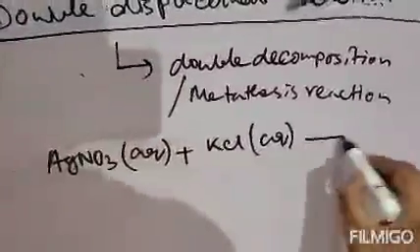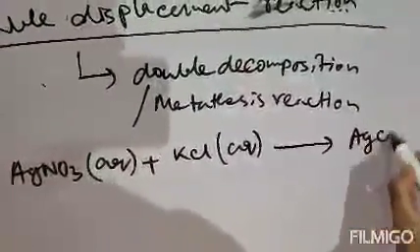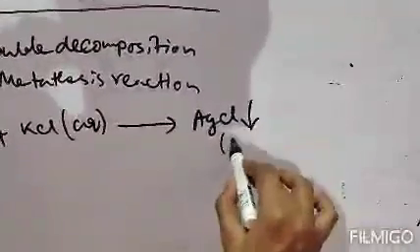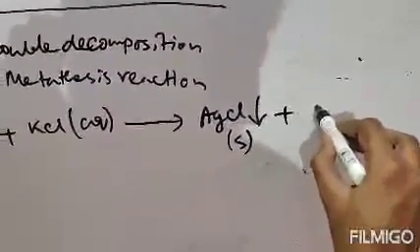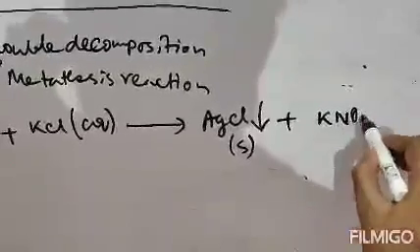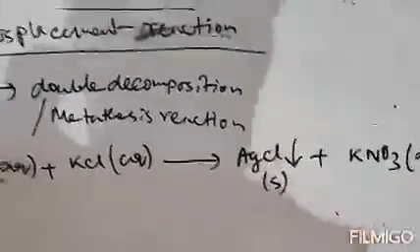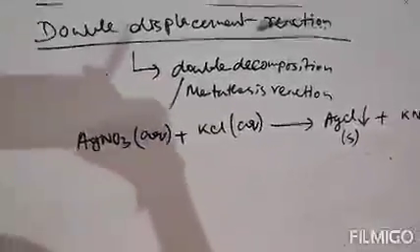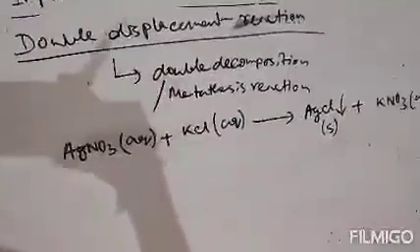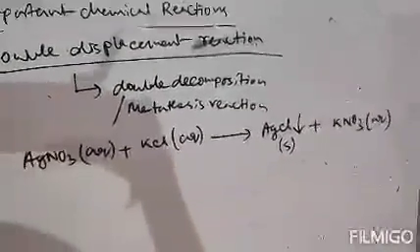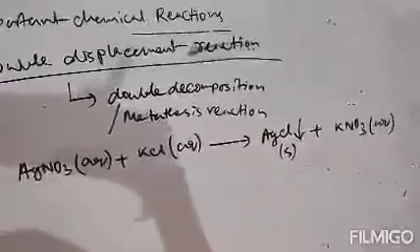Now the product will be AgCl, which will precipitate as solid, and the side product will be KNO3 in aqueous form. Clear? So when AgNO3 is treated with aqueous KCl, AgCl will precipitate and KNO3 will be your side product,